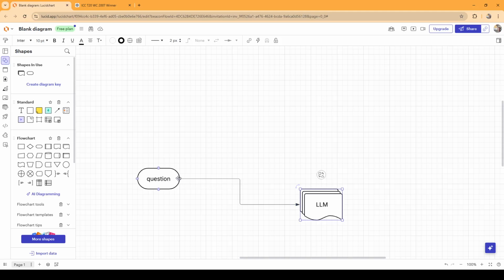But if it does not have the answer to that question, it either hallucinates, right? It gives any random answer. Or if we have designed it so that if you don't have the answer, just politely deny, then it will say I don't have this information.